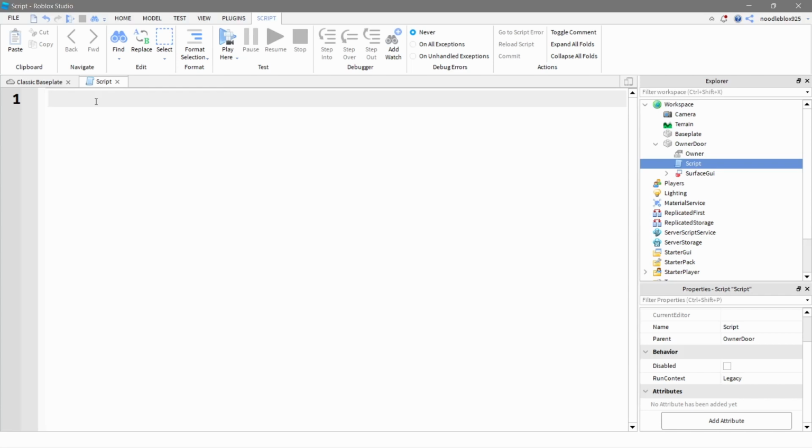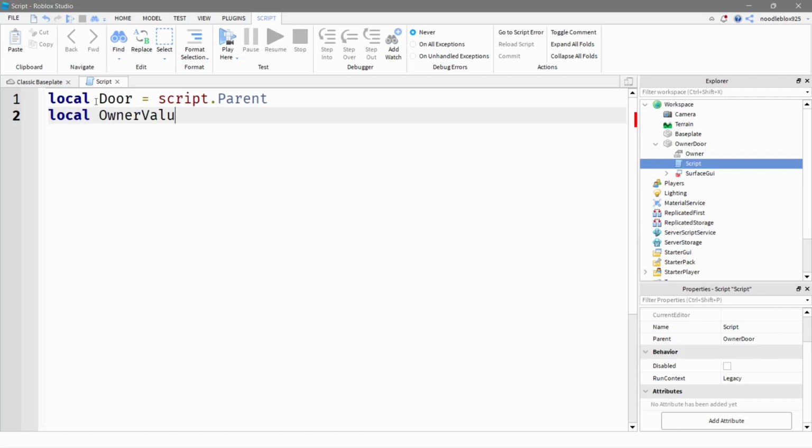And now what you're going to do is say, well, let's start the variables. So local door equals script.Parent. Now we're going to say local owner value equals Door.Owner.Value. Now once we have our two variables, we are going to